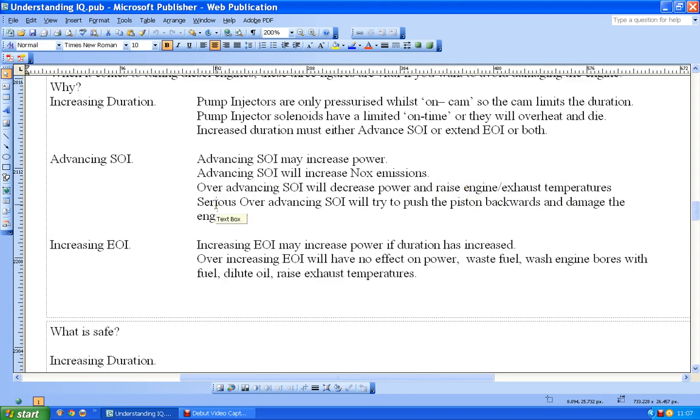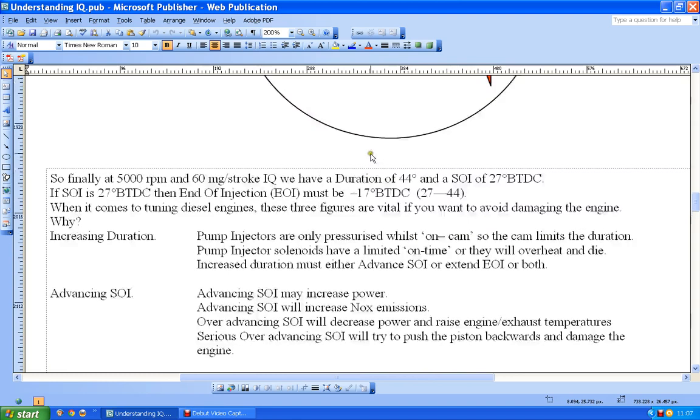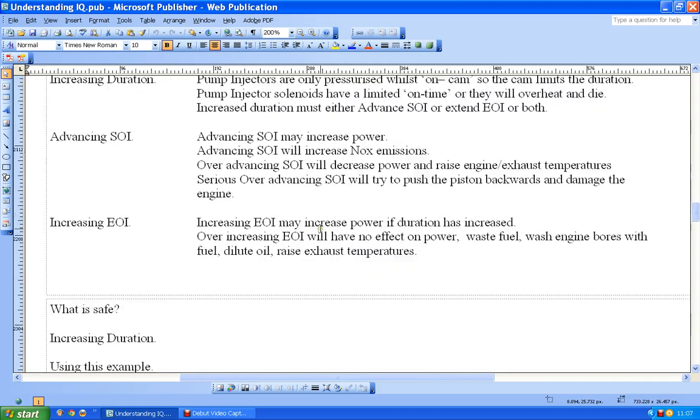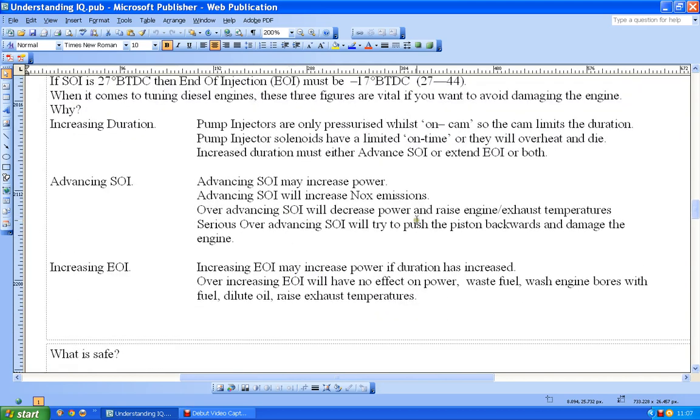And if you go too far without realising it, then the piston will be trying to push, you will be causing a big bang somewhere over here, and the piston will be coming up and the bang will be trying to push it back the way it came. And the end result of that is going to be that you will either lift the cylinder head, in other words, you will start to stretch the cylinder head bolts, or worst comes to the worst, you will smash the piston down so hard that you'll damage the con rod and bend it, or break the crankshaft or something. So something serious could occur at that point.